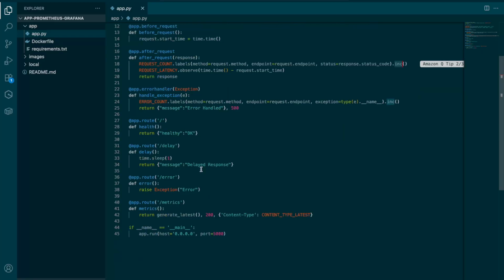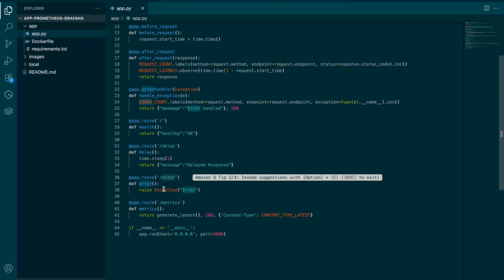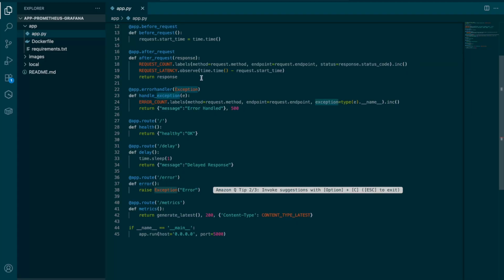Whenever you try to access the /error path, an exception would be raised. It would be captured by this handler method, and accordingly the error count would increase